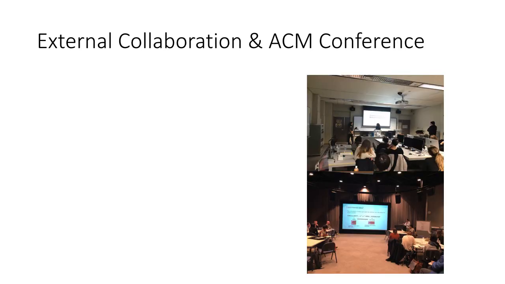So, the external collaboration. We talked about how the graduate class collaborated with the undergraduate class, but now we are talking about the external collaboration and the ACM conference. During the process of this internal collaboration, the graduate and undergraduate group from the Japanese university had to communicate extensively with a German university partner. This university is the Karlsruhe University of Applied Sciences in southern Germany, and we have a very strong collaboration with them.